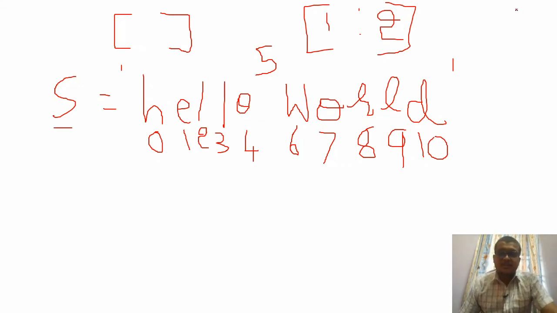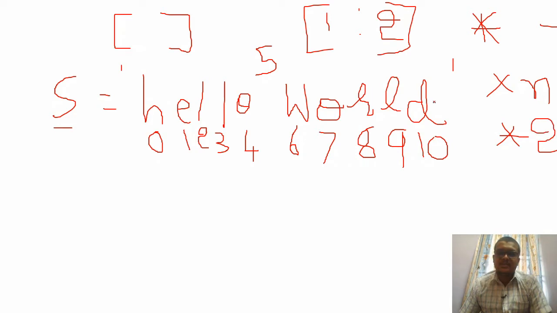Another feature in Python is that it allows two operators, that is asterisk and addition. Asterisk means you can print this statement n number of times. If you give 2, this statement is printed 2 times.